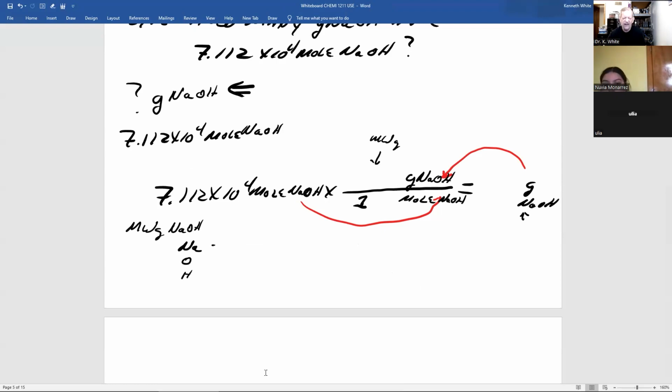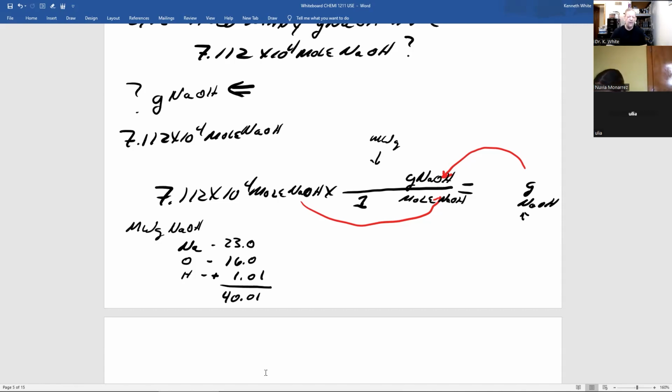Each sodium has atomic weight to 3 significant figures of 23.0. Each oxygen has atomic weight to 3 significant figures, 16.0. Each hydrogen, there's only 1, has atomic weight to 3 significant figures of 1.0. Well, add this up, we get